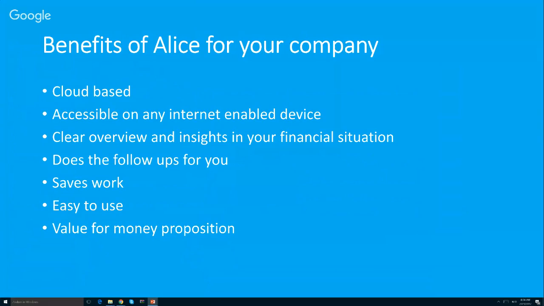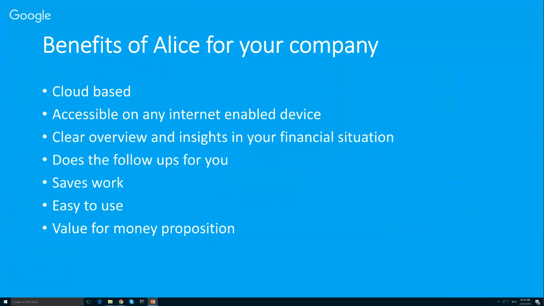We created a good value for money proposition with both a free version of Alice, but we also have a business version, which we utilize for your entire company, and we chose not to go for a user-based payment model,